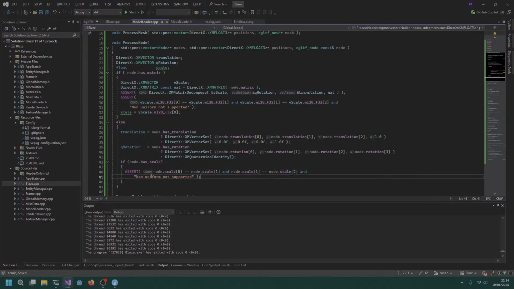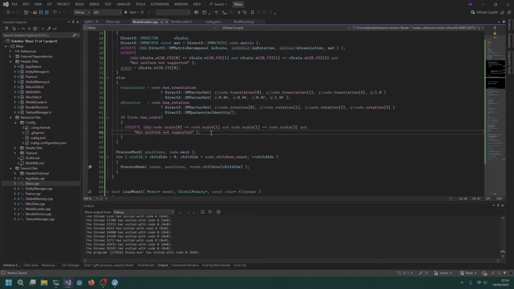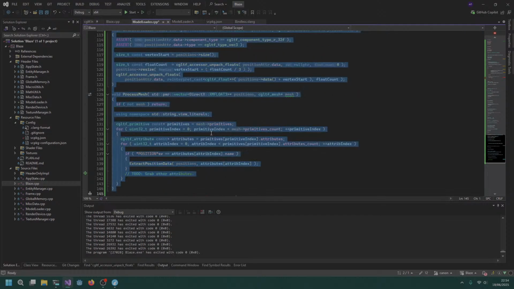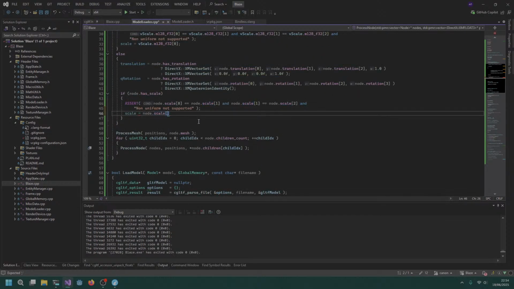Okay, now if the uniform scaling is working, we will then just assign it. So scale equals node scale, node.scale[0]. And